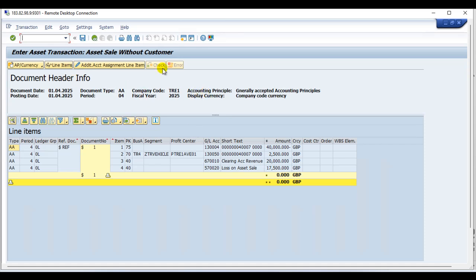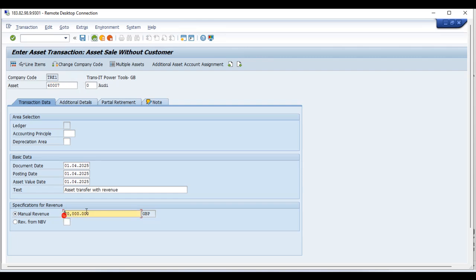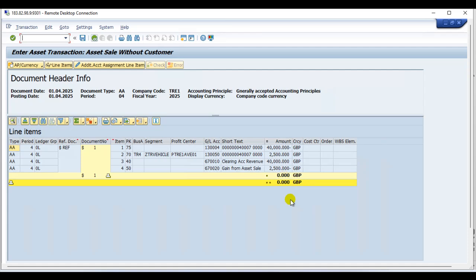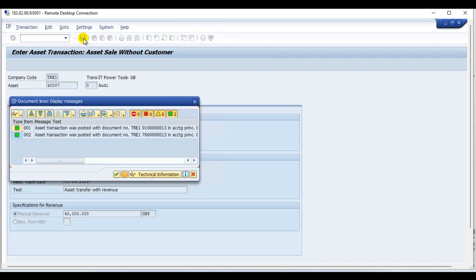तो यहाँ पर देखो हमारी अमाउंट है 40,000 और हमारा रेवेन्यू 20,000। तो हम रेवेन्यू चेंज करते हैं। We will enter the revenue as 40,000. Just click on simulate button and now click on post. तो देखो यहाँ पर हमारी एंट्री पोस्ट हो चुकी है। जस्ट क्लिक ऑन कंटिन्यू।